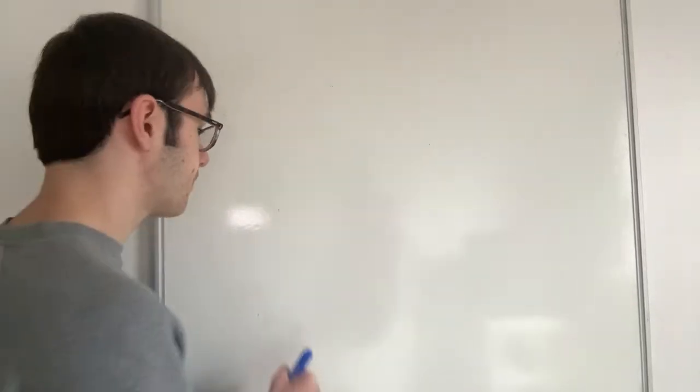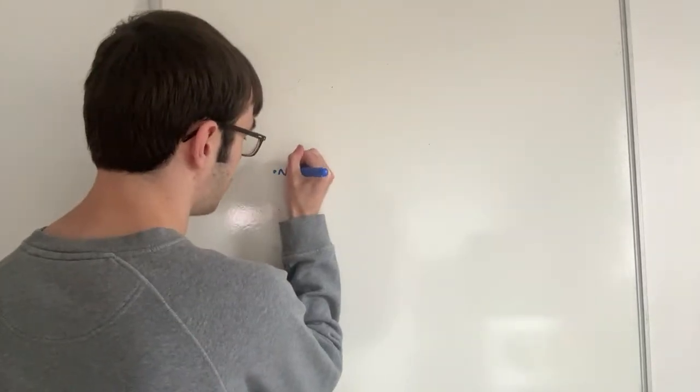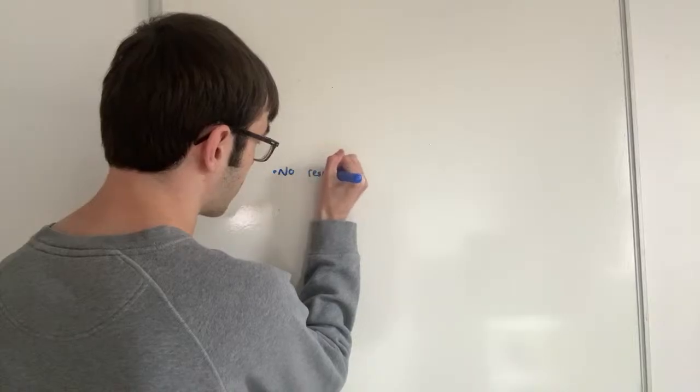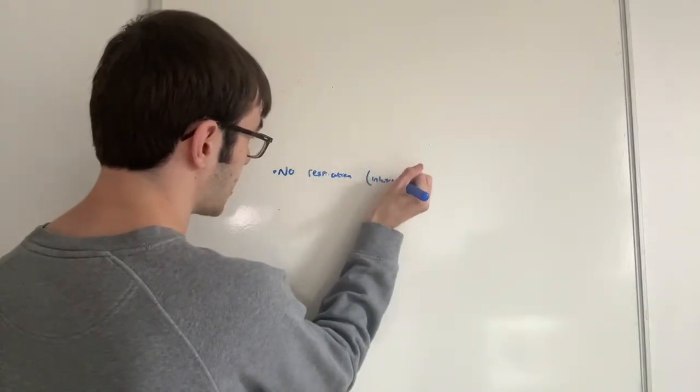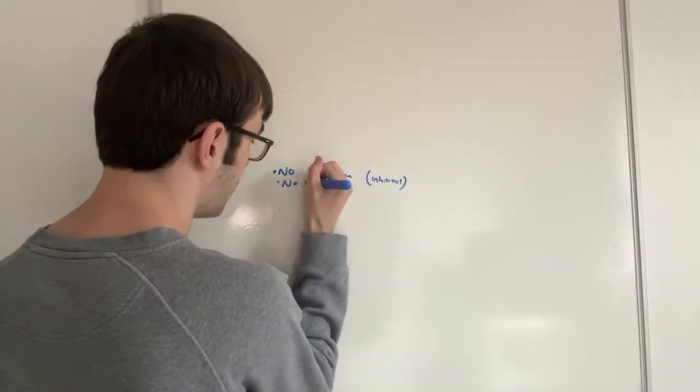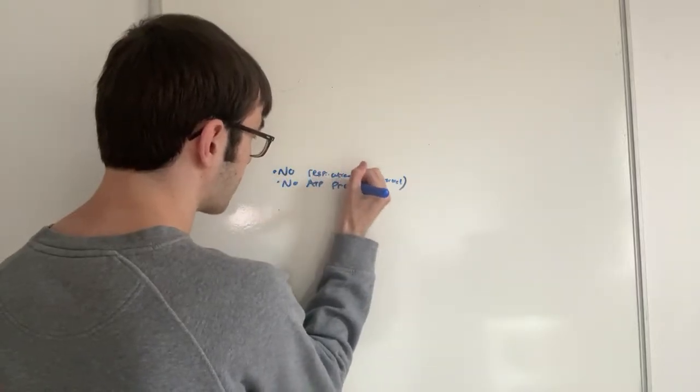A scientist investigated the effect of inhibitors on neurons. She added a respiratory inhibitor to a neuron. The resting potential of a neuron changed from minus 70 mV to 0. Explain why. Okay. This is because there's no respiration as it's inhibited, which means no ATP production.